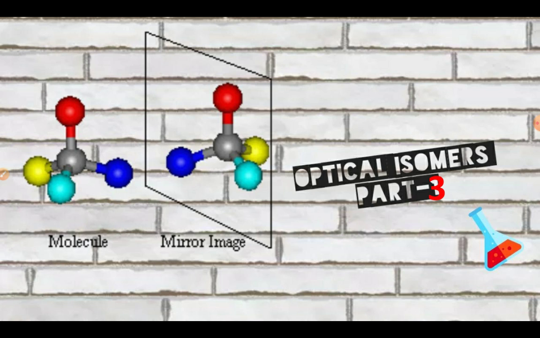This is optical isomerism part 3. I hope you have read about chirality. Next I talked about specific rotation, what R and S configuration is, and D and L configuration as well. Yesterday it was a rocking class on the Pinacol and Pinacolone reaction. Hope you enjoyed that class as well. It was a very important reaction. So today we are continuing our regular classes.